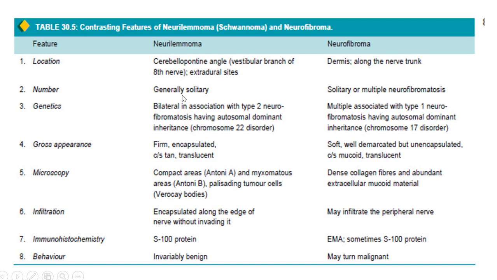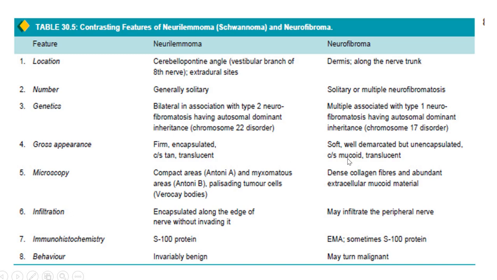Number: schwannoma is solitary, whereas neurofibromas are multiple as seen in neurofibromatosis. Genetics: schwannoma very rarely can be associated with type 2 neurofibromatosis involving chromosome 22, and neurofibromas are most commonly seen with neurofibromatosis type 1 involving chromosome 17. Gross: schwannoma is firm and encapsulated. Neurofibroma is soft, well demarcated but not encapsulated, and